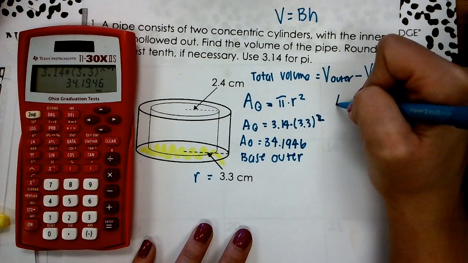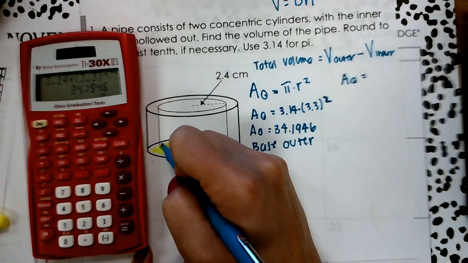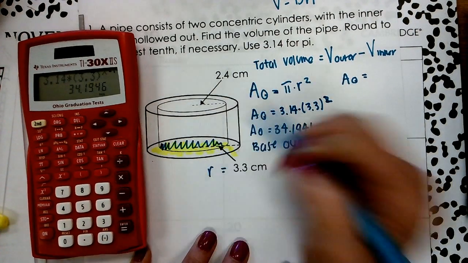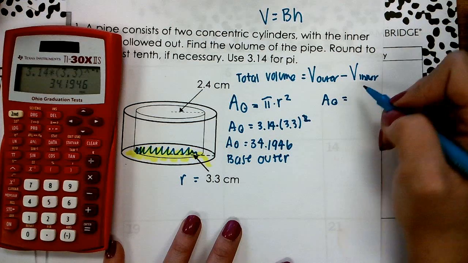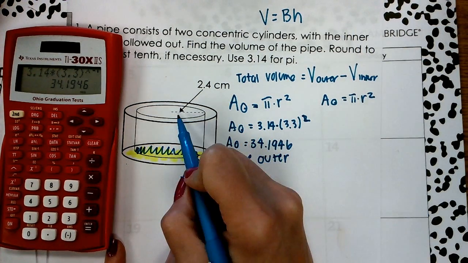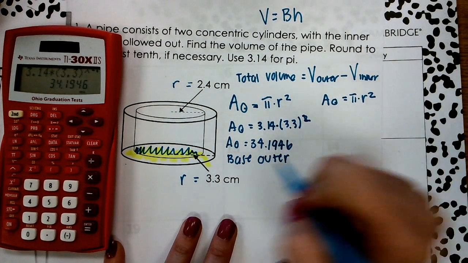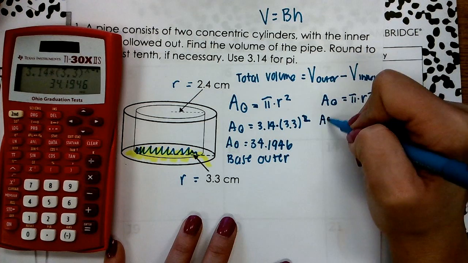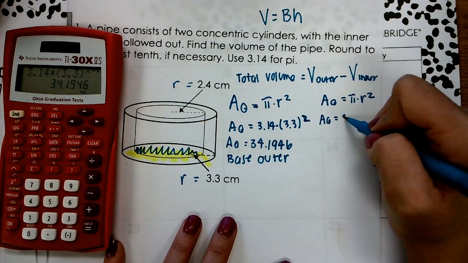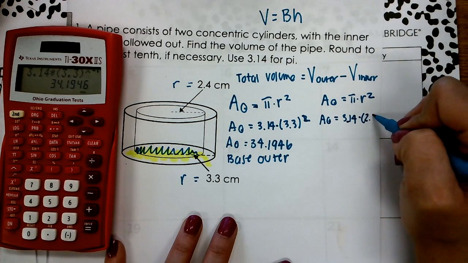Now we might as well just find the base of the inner cylinder. So again, the inner cylinder, its base is a circle. So the area of the circle is equal to pi times the radius squared. Here they give us that the radius of that inner cylinder is equal to 2.4 centimeters. So the area of that is going to be equal to 3.14, because that's how we're approximating pi, times 2.4